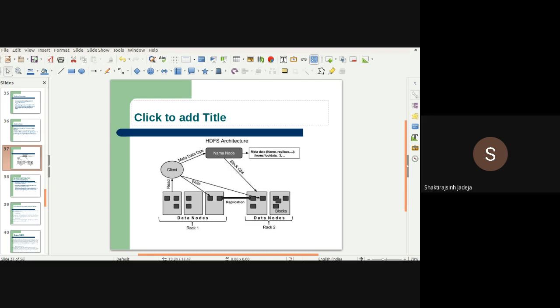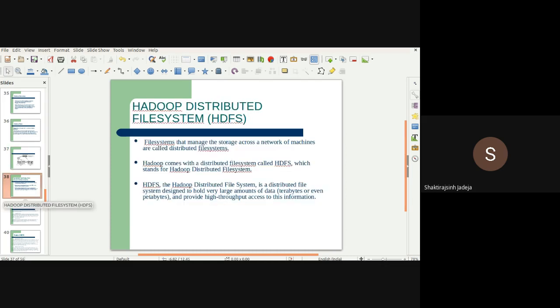You have data nodes located at different locations. You have one client which can access these data nodes by means of read and write operations. And you have metadata operations with the name node, and it can do block operations with these different data nodes.